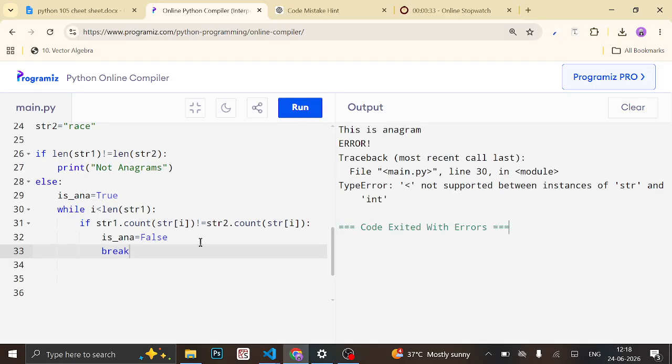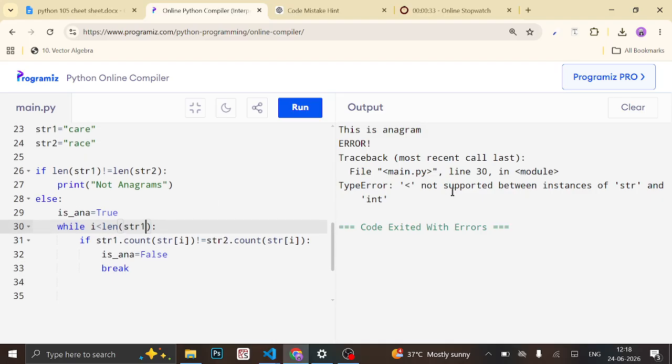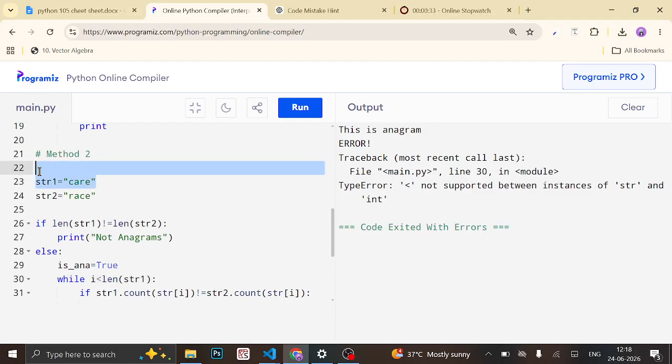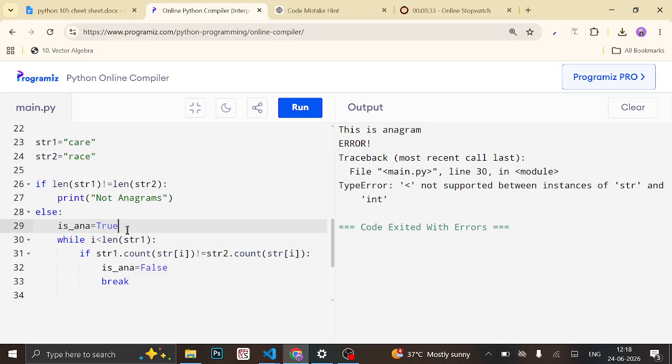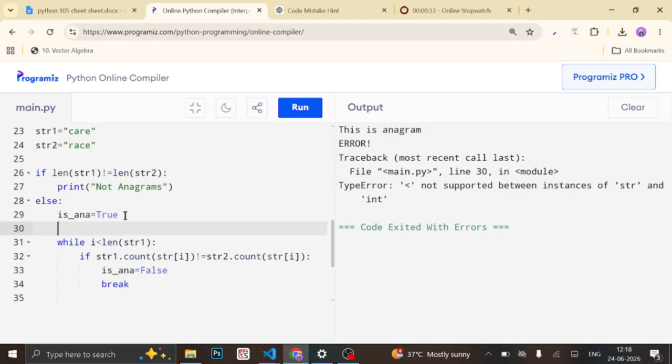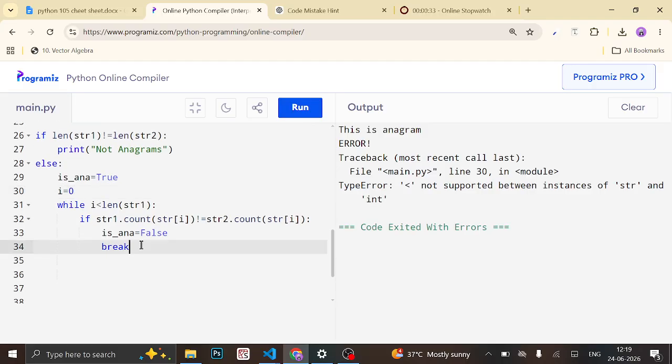ट्राइंग टू रन, अगर एरर नहीं आए, लाइन नंबर 30 में एरर है, len str1 नॉट सपोर्टेड बिटवीन इंस्टेंस ऑफ str और int, ये सपोर्ट नहीं कर रहा है, रीजन ये तो सपोर्ट करता है, i, ओके, हमने i की वैल्यू जीरो नहीं ली एट द बिगनिंग, लूप से बाहर हमें i इक्वल टू जीरो लेना है, i is not defined and here need to apply i plus equals to 1,